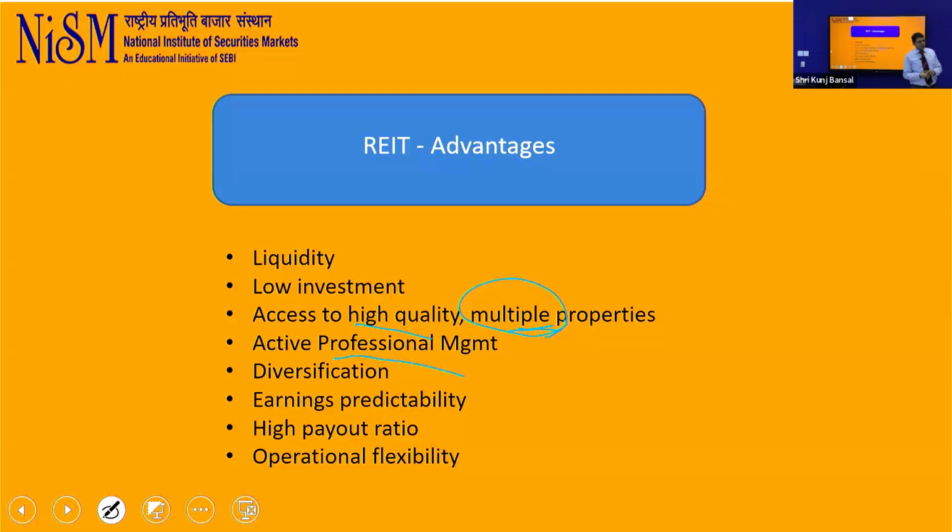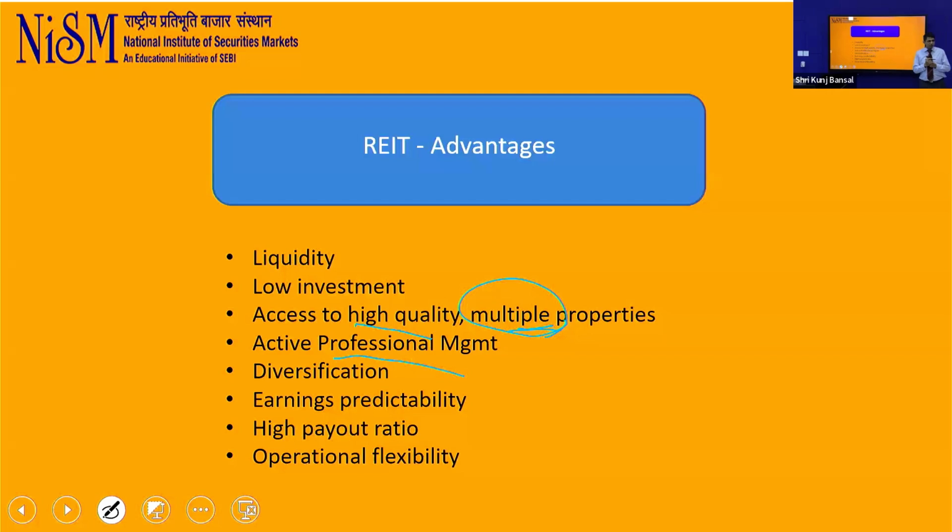Can we purchase this from the NSE platform? Yes, but to access the NSE platform, you will have to compulsorily go through a broker. Can the payouts be reinvested? No. Whatever rental earnings a REIT is receiving, they have to necessarily return to you, 90% as we saw. For reinvestment, they can either sell one of the existing assets and reinvest, they can do a follow-on offering and raise more money from people, they can borrow from banks, or they can do an equity private placement, wherein they need not go to the public. They can do it with institutional investors, raise more money and then invest.